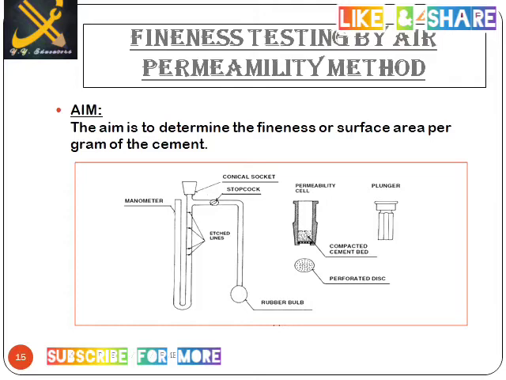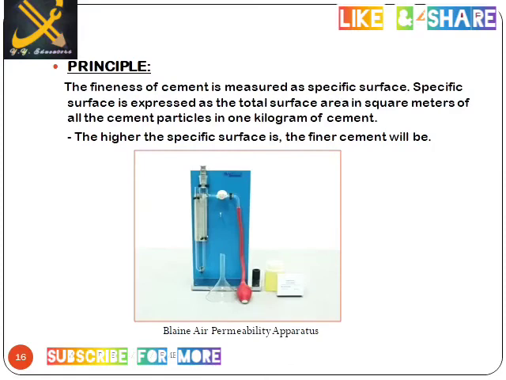It is the plunger, the right side of the corner, then the permeability cell, and the manometer. Principle of this method: the fineness of cement is measured as